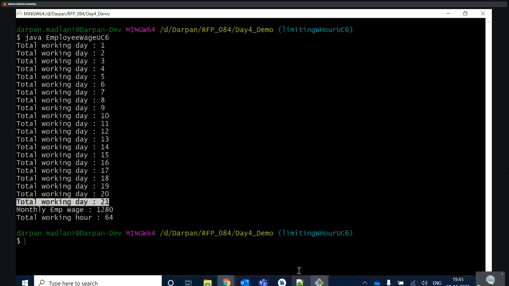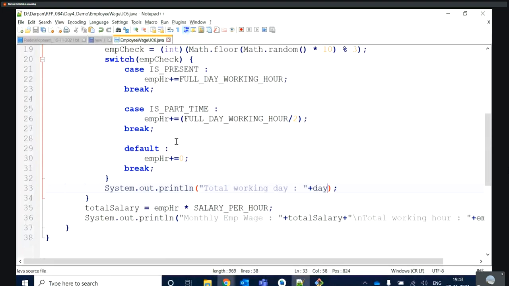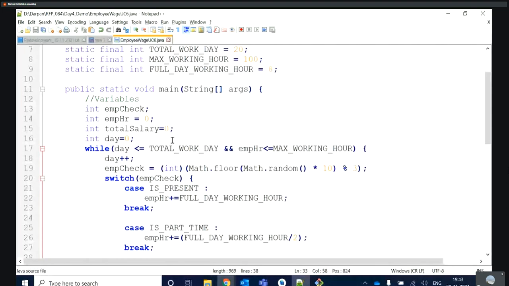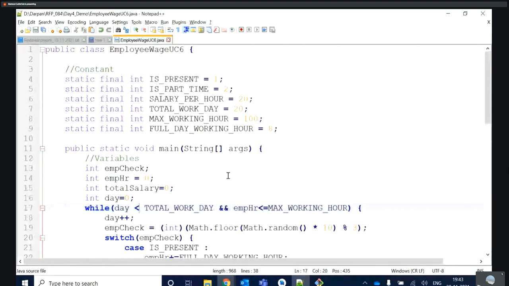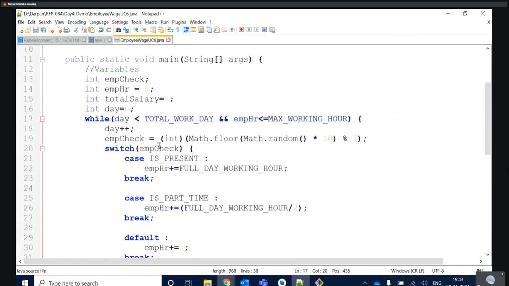So if we have to avoid this, we have to make the condition like this: day less than total work. Because when the value of the day variable is 20, even at that time it will go inside the while loop, so it will count for the 21st day also.